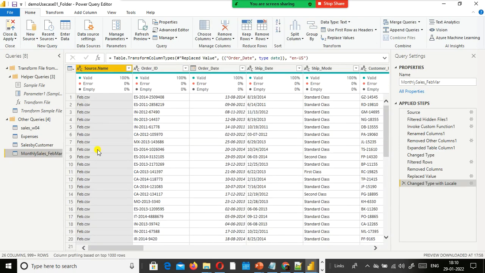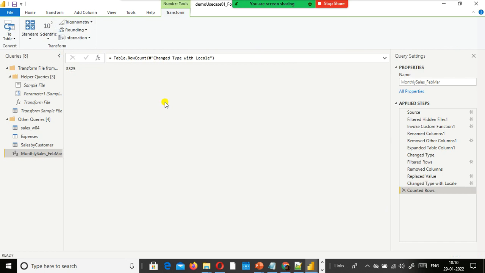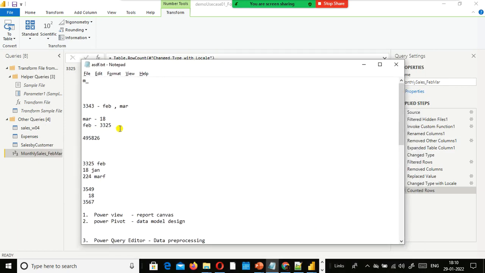If I select this one and refresh the preview, only this one alone I wanted to refresh. Fine. Next I go to Transform and do Count Rows. Only 3325 is there, so only February month data shows.